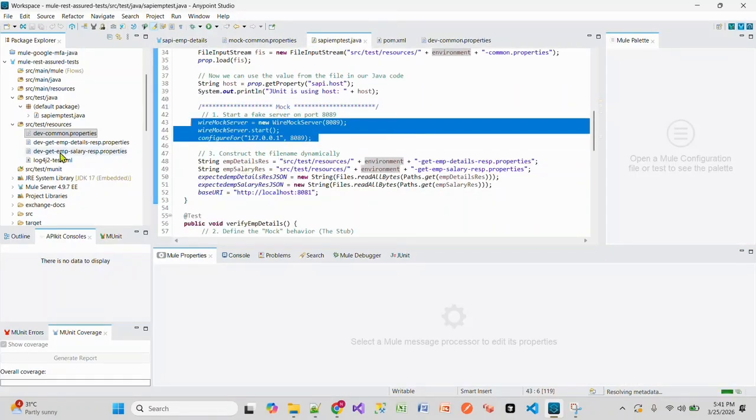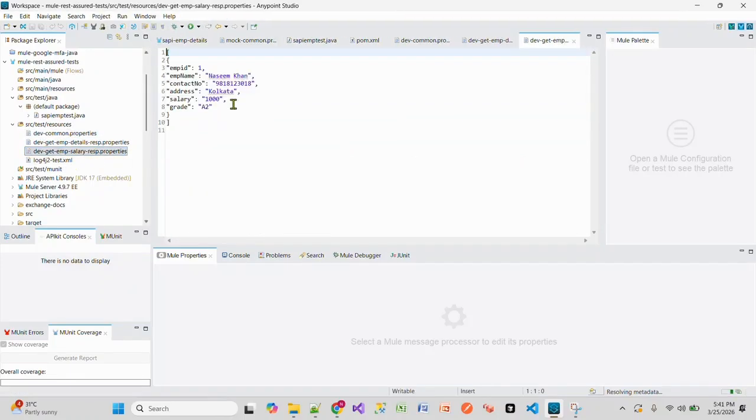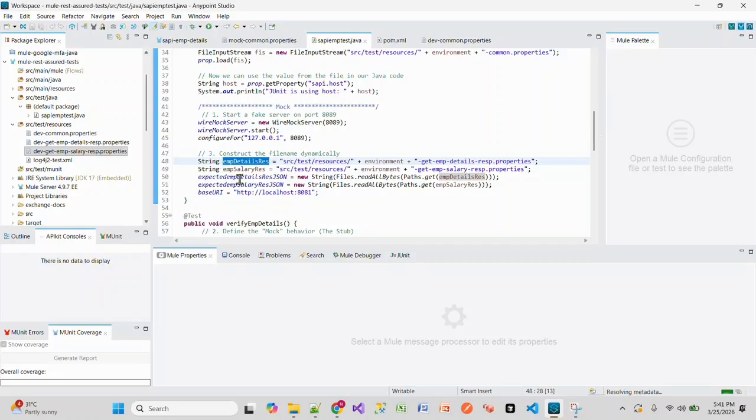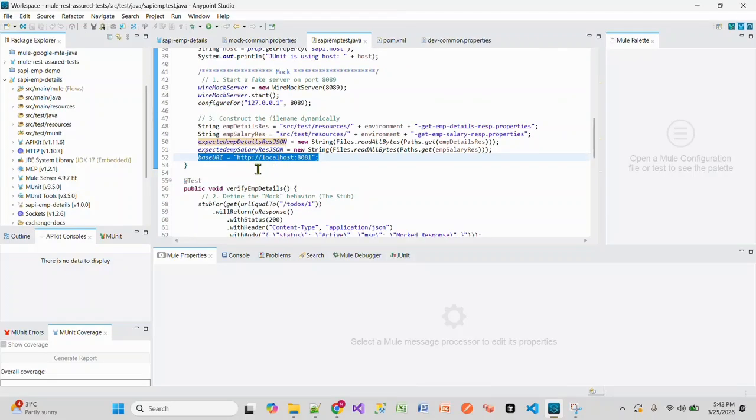Now I am storing the response, this properties JSON, employee details and employee salary. So these are the two properties I have added. I am storing this in a string and then reading it and storing the expected employee details. The base URI is localhost 8081. I'll run this localhost 8081 for this SAPI employee details, so that once this API is up and running, then we'll run this JUnit